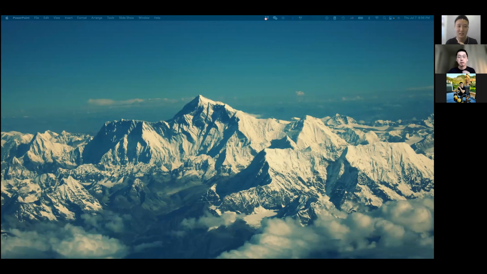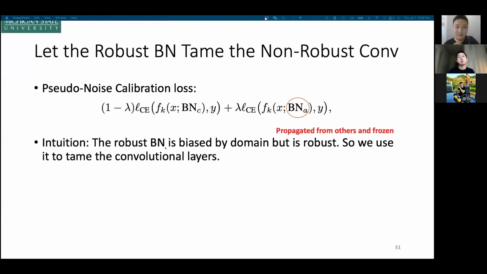So I can quickly discuss this. We provide a very simple method called the shoulder noise calibration loss. Consider a client which cannot afford adversarial training, but it can borrow some robust normalization from another client who is doing adversarial training.